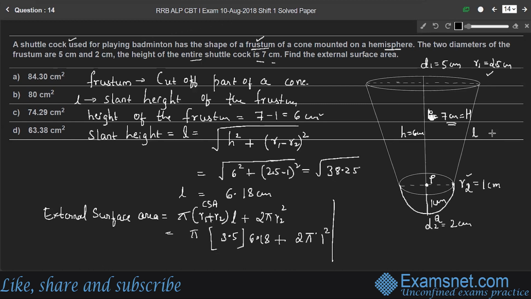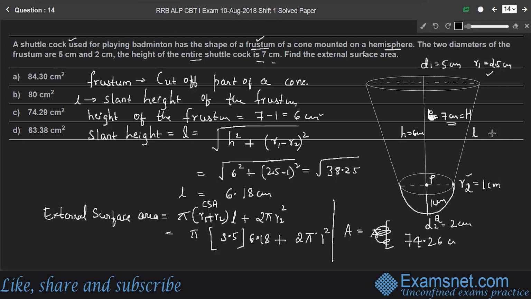Therefore, the external surface area A is equal to, quickly we'll complete this: pi into 3.5 into 6.18 plus 1 into pi. So finally you will get the answer as